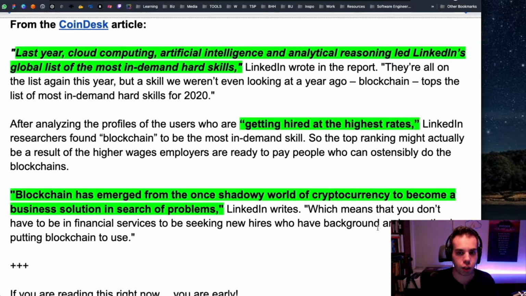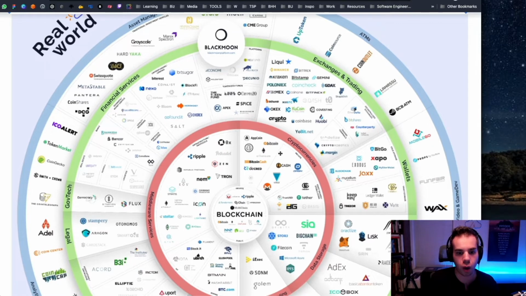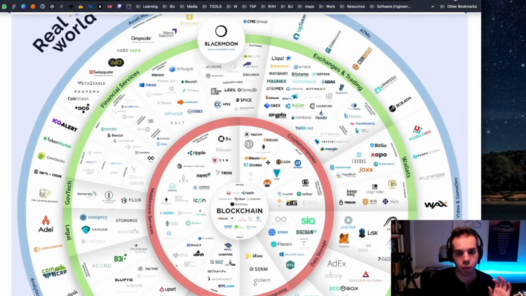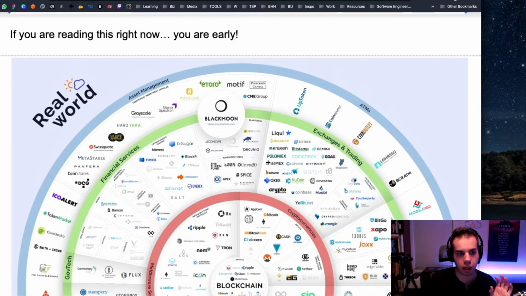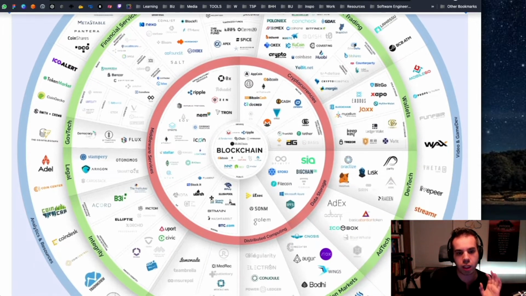So people that understand these technologies are getting hired at fast rates. And I do also just want to give you a little bit of an exploration into what blockchain is, because I think, and I refer to this infographic so much because it's so important to just understand really, and this is created by Real World, but it's really to understand the real world understandings of what's happening at blockchain. It's not just cryptography, it's not cryptocurrency, it's not just NFTs.